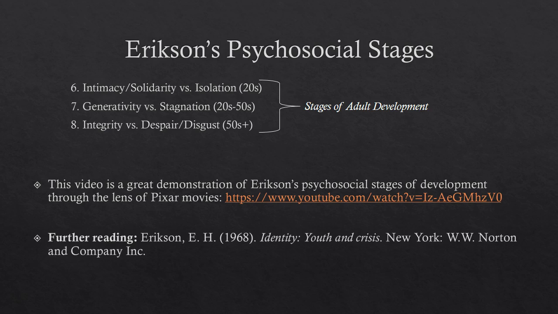They really want to spend their life maybe with one person, and this may be the time people start thinking about children. And then the last stage is the integrity versus despair, disgust stage. And this is later in life, 50s to 60s, when you really start to accept your lifestyle and you strive to continue to grow as a responsible adult.